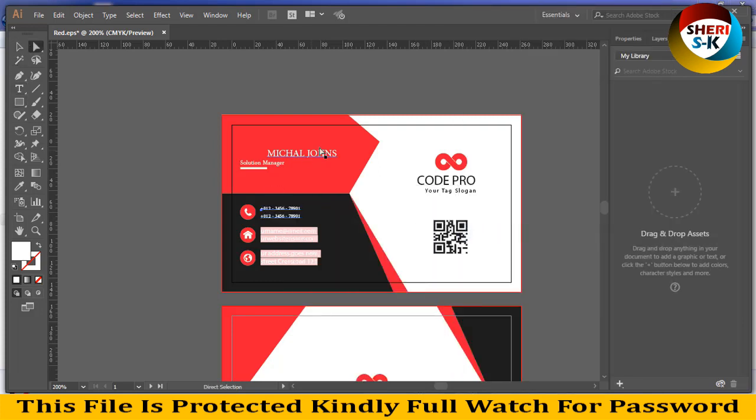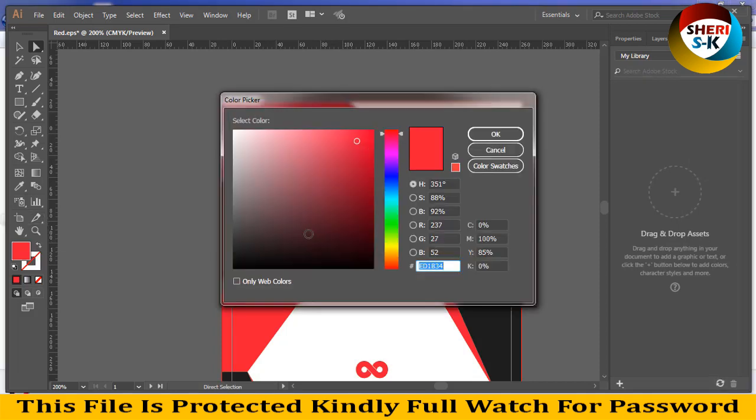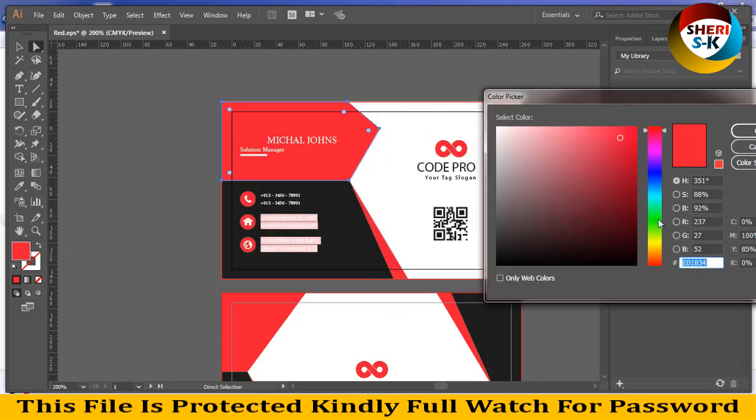Okay, first this shape and change color is very simple. Double click here and sky or green, yellow. Okay,